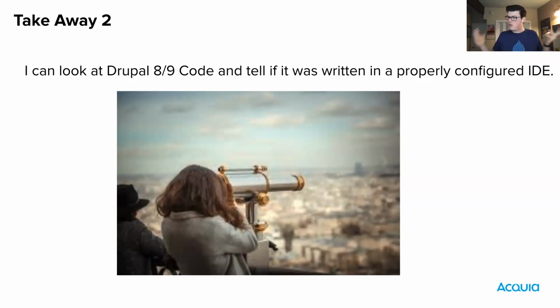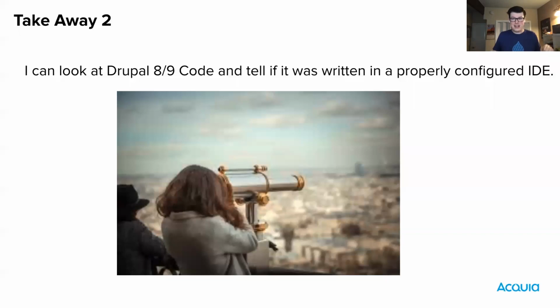And when I talked to the individual about it, they told me that they wrote it all in the terminal. Which, I mean, cool. If you're good enough at writing PHP code that you can do that in a terminal, that's awesome. But there are so many things that the IDE is either going to do for you in terms of formatting, help you with in terms of autocomplete, warn you about in terms of code quality, unused variables, unused use statements, deprecated code, etc. That it literally will light up like a Christmas tree when you look at code in an IDE that was not written in an IDE.